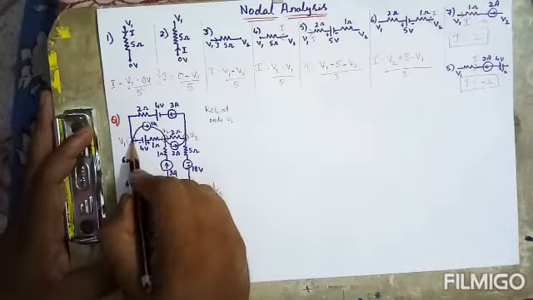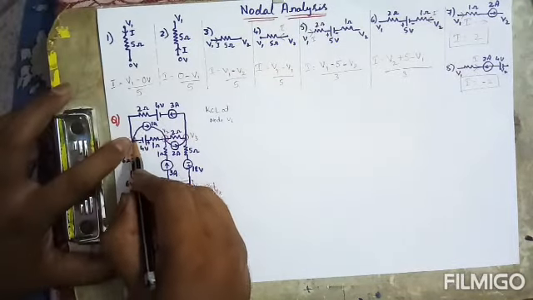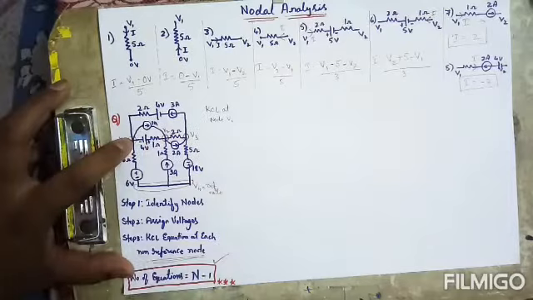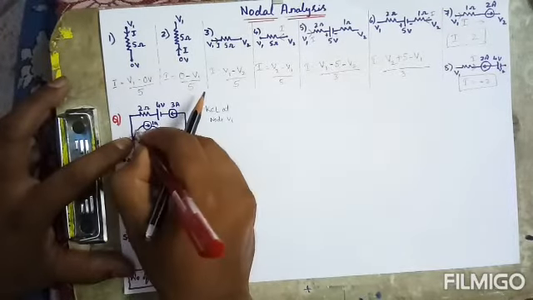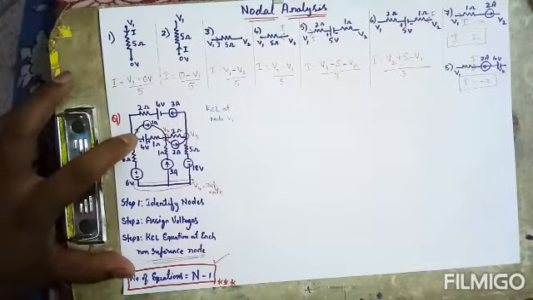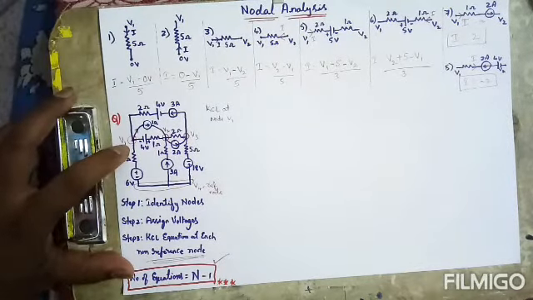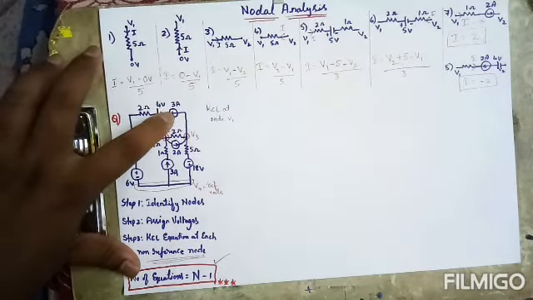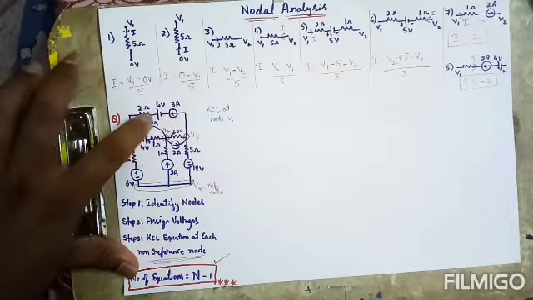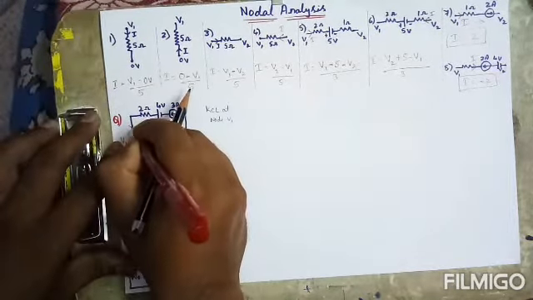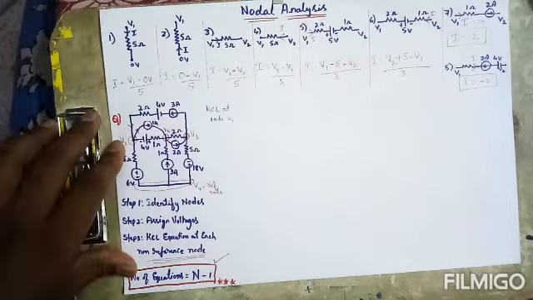So we need to concentrate on this node, and here we have a source. This source is given in the question, and it is leaving this node. So this I can't change, I can take it as it is. I can mark it like this. The current in this branch is just leaving from the node. This is the direction of the current. Then here the current is entering, because a 3 amp source is given in this branch, so the current is going to enter here. So even this has to be taken as it is. So current is entering this node, right?